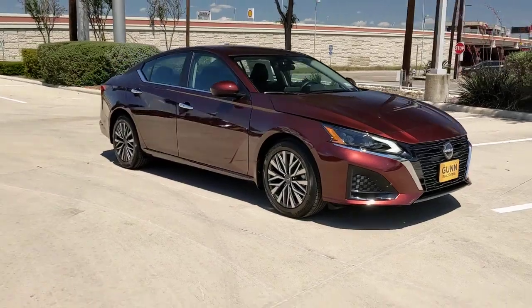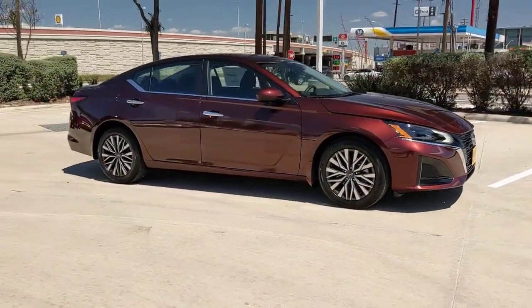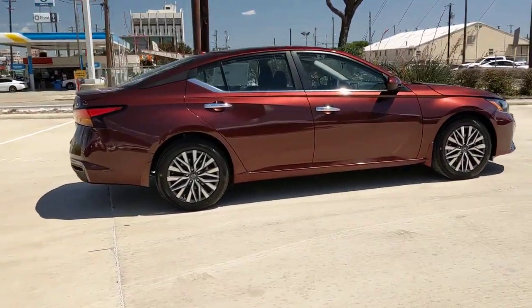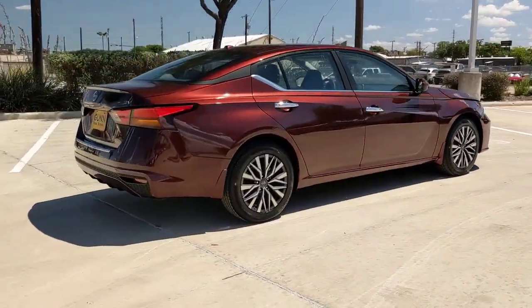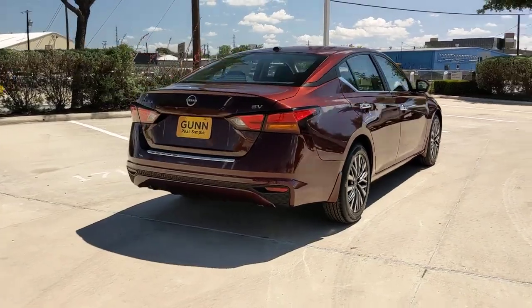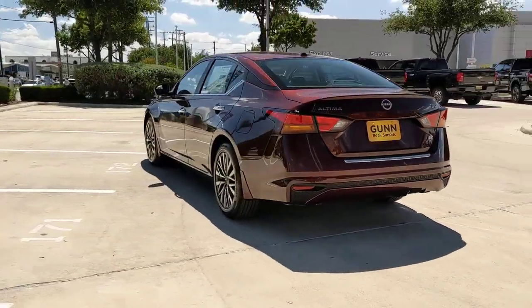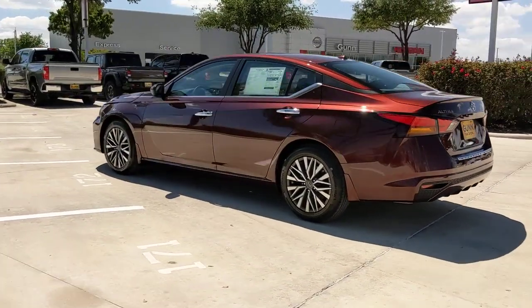You will love the features of this 2023 Nissan Altima. This well-equipped Altima delivers big on style and substance. Spacious comfort, active safety and infotainment tech, available all-wheel drive and athletic performance set this family-friendly midsize sedan apart from